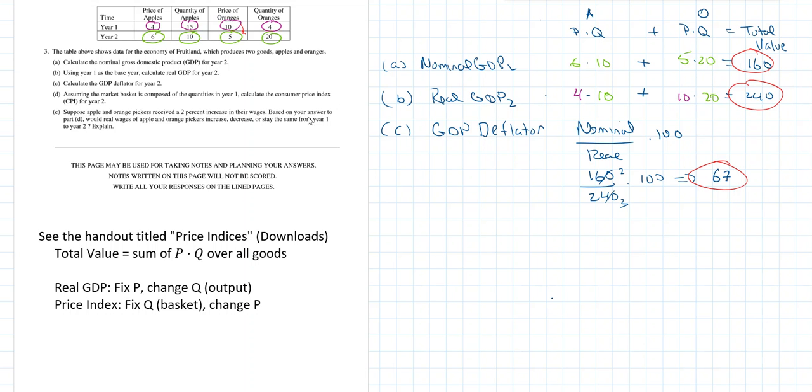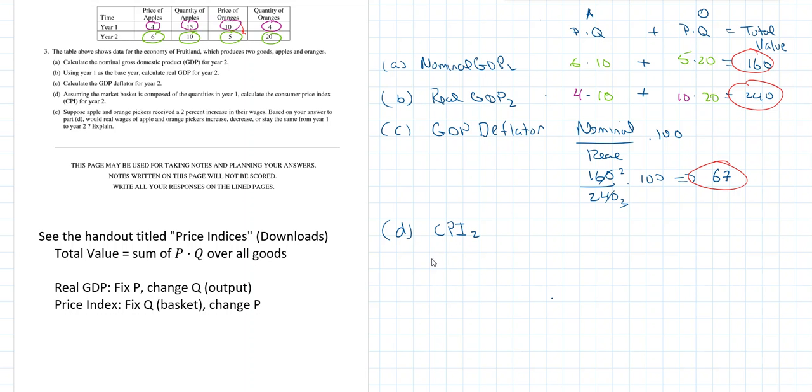And since oranges are less expensive in year two, the GDP deflator suggests that we've seen deflation. We see a different picture when we go down and look at the price index. So part D says compute the CPI for year two. To compute the CPI for year two, we need the year one value and the year two value both